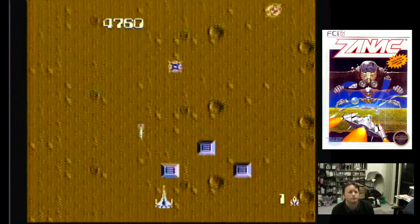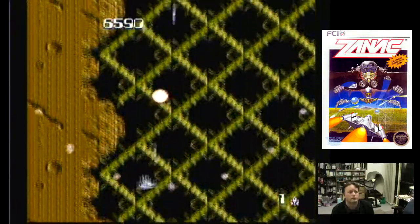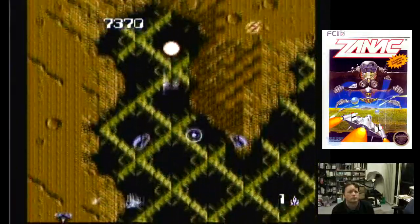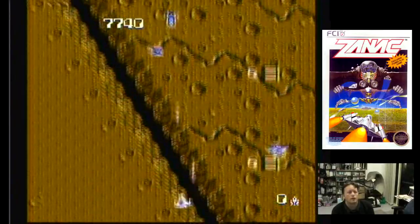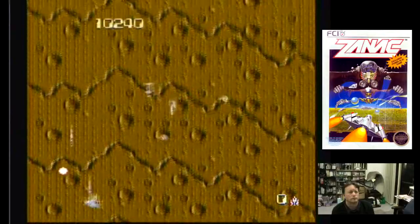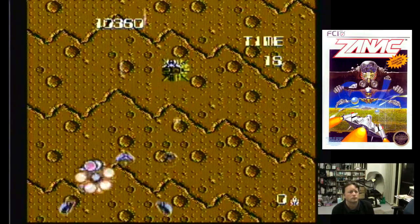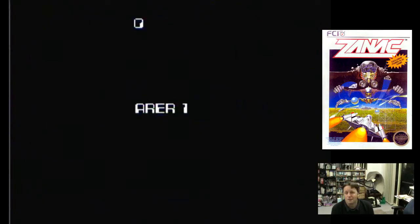You've got to shoot the numbered stations on the ground to be able to pick up your extra weapons. Now you can see I'm not doing very good. You can hold your button down, it doesn't quite fire as fast. Game over so swiftly. Well, there we go. There's a demonstration of how not to play Zenek. Let's see if we can have another go, this is the game I bought it for, so...